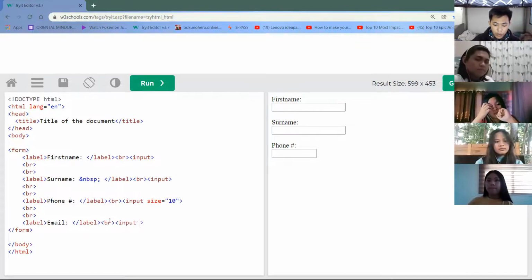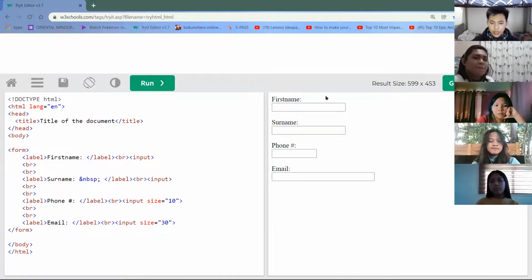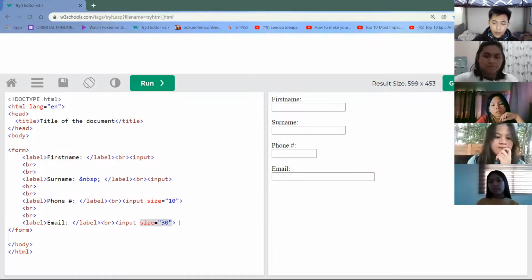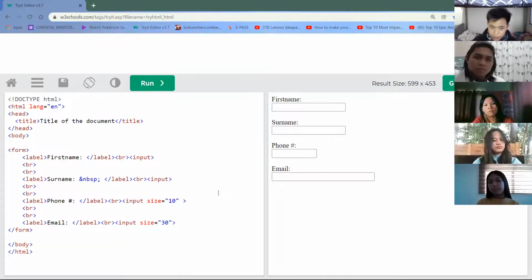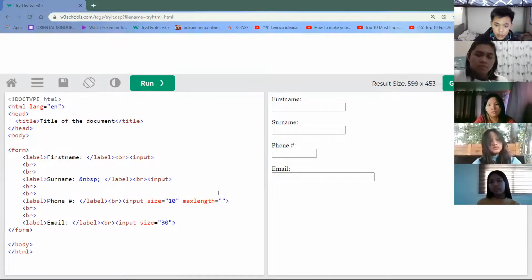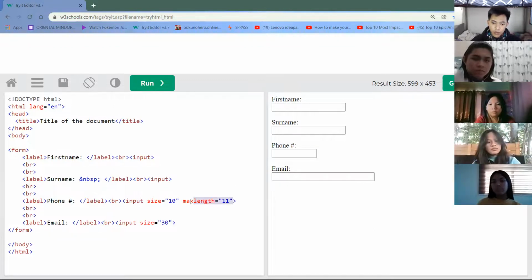So first, input, and then our size. So let's make it also 30. There. So as you can see, with the size attributes applied, we have different lengths of the text boxes. And then let's apply our max length. So for the phone number, our max length or the number of characters should always be 11. So we'll set here 11. Okay, but first, before we do that,